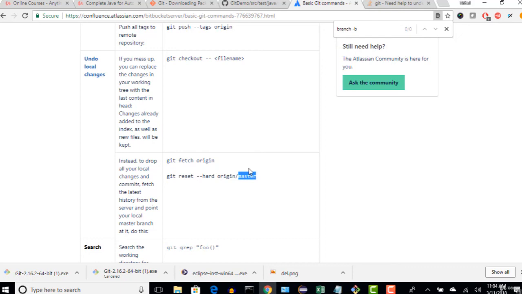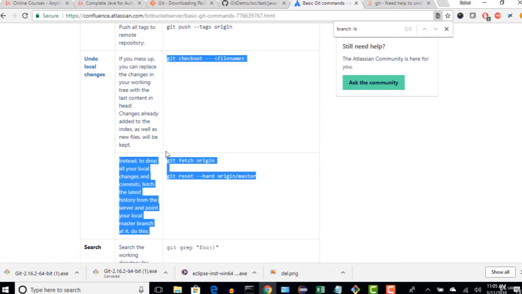You do some changes, you mess up your code, and you never know what changes you've done. Now you cannot revert it back because you have changed a lot of places and finally it's not working. Instead, if you want to reset and get the base master code which was present before you started working, like fresh code, just hit these two commands so that all your commits will be dropped and you will get the fresh code again from the master. Just don't panic and try to see what changes you made. Hit these two commands and all your changes will get dropped.